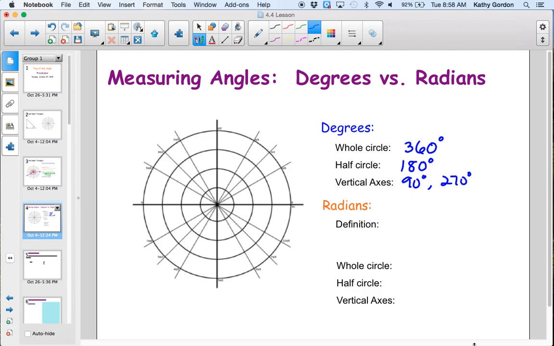But then we also have radians. Anybody know what a radian actually is? Isn't it the circumference? It's around the circumference. It's a unit angle equal to an angle at the center of a circle whose arc is equal in length to the radius. Okay, now translate that. Tell me what that means. Totally. So is it like the angle that's equivalent to the arc length? Yes. So, if I take